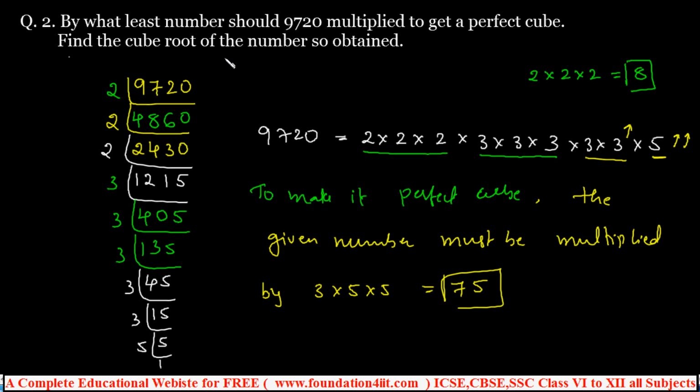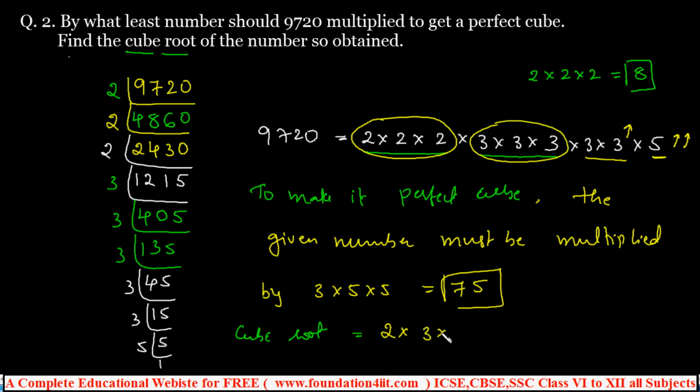And also find the cube root of the number so obtained. Okay, then the cube root we can write directly now. So what is the cube root? The number obtained, for that cube root, we need not find out. They are asking only the cube root of the number so obtained. That is, everything must appear 3 times, right? So here, if you observe, 1 2 we required for this set, and one more 3, because an extra 1 3 is multiplying, and one more 5, because already 1 5 is there, another 2 5s, so 5.